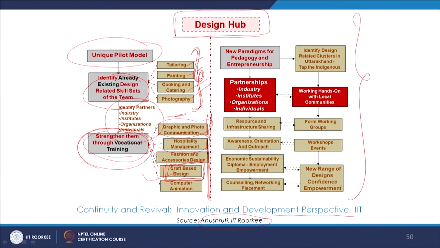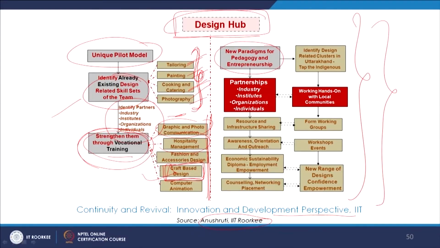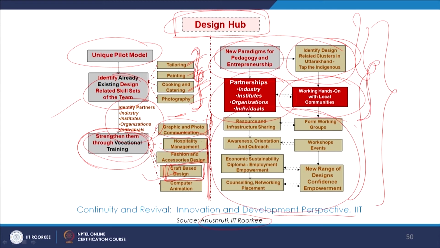And there were two important sides to the design hub. So one is this, and the second one was developing the new paradigm for pedagogy and entrepreneurship in this school, where the children already possess a lot of skills like which have been mentioned already. Then identifying the design related clusters in Uttarakhand and tapping the indigenous potential, and then how they come together, working hands on with the local communities, establishing partnerships, and industry coming in, the students going to the industry for internship, and again developing collaboration and network,